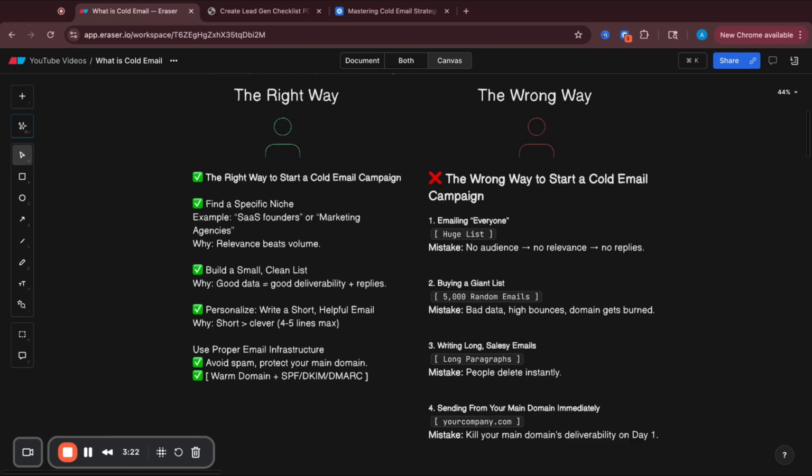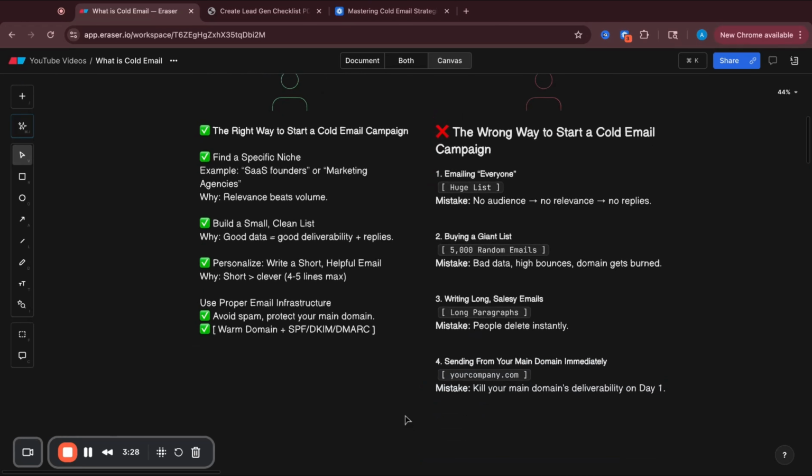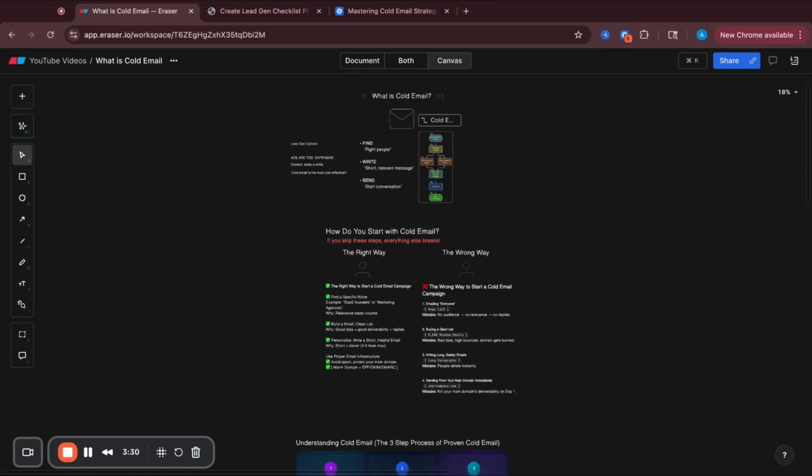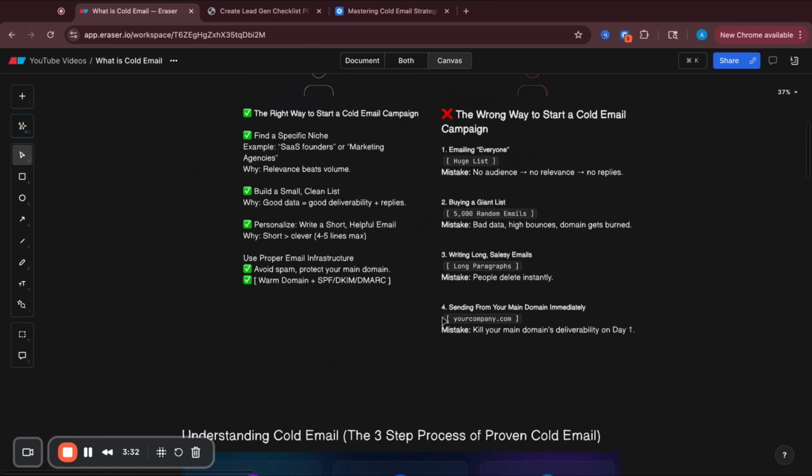Next, of course, using proper email infrastructure. You want to avoid spam by protecting your main domain. Don't send messages just from your main domain. So how you're going to want to do this is to get Porkbun, and once you have Porkbun, you can bring in new emails. You buy domains off of Porkbun. Then you simply go to setting it up in a Google Workspace or Microsoft. But what I recommend is using a company called